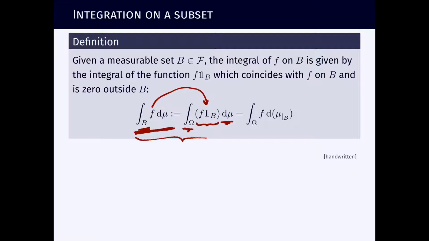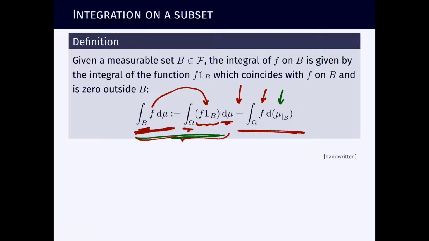This is the definition. And together with this definition, we are also stating here a little proposition which says this is the same as the Lebesgue integral of the original function f with respect to a different measure, which is not the measure mu, but rather the restriction of the measure mu to this set B. So for the definition, there is nothing to discuss. It should be clear what the definition is, and hopefully also what's the motivation for defining it this way.